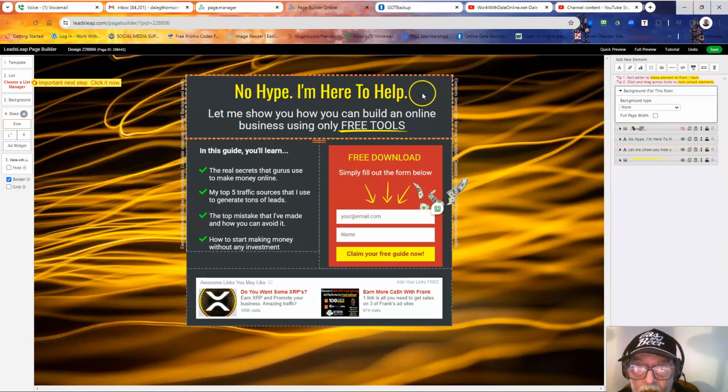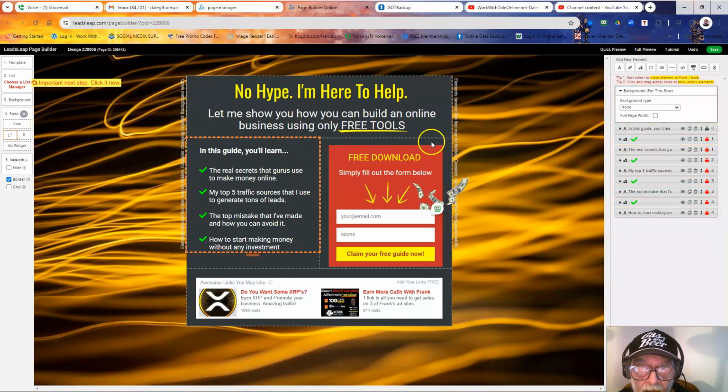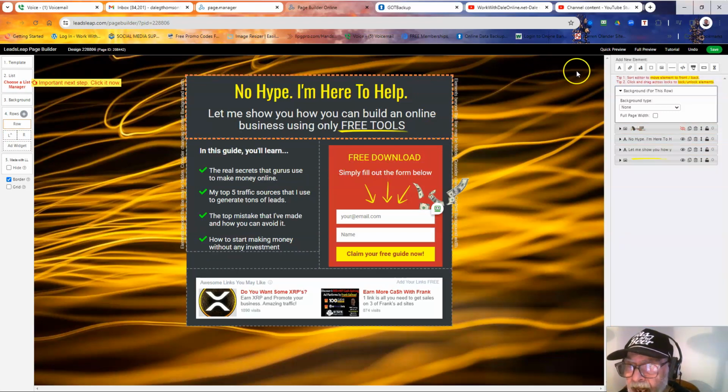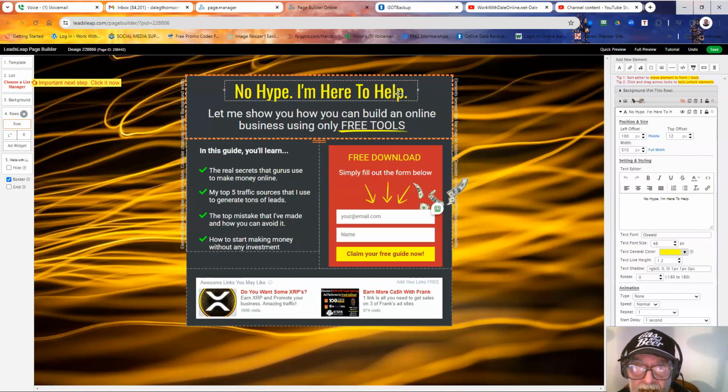And then you have sections here. Okay, so up here you'll notice, and here's all your elements that you can choose. So all you do is you click on the element and then you can edit it here. So I'm going to do a page that I would do for me. But the first thing that I wanted to make you aware of when you're doing a lead capture page is